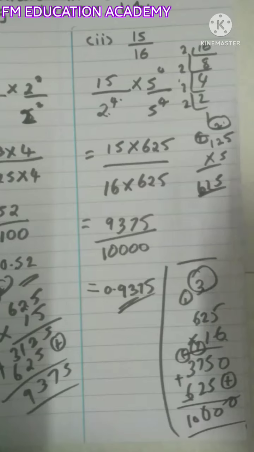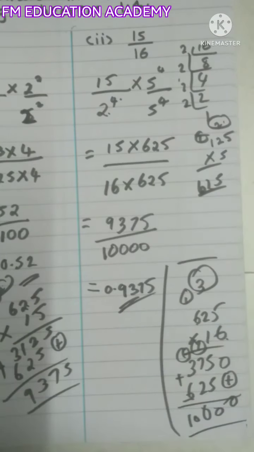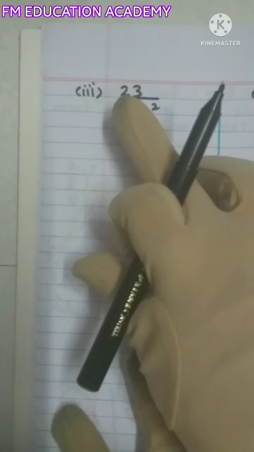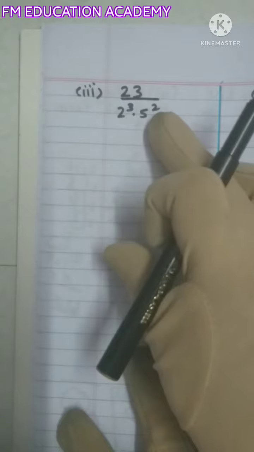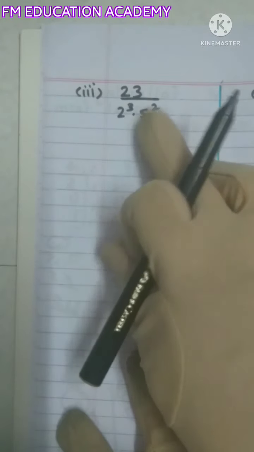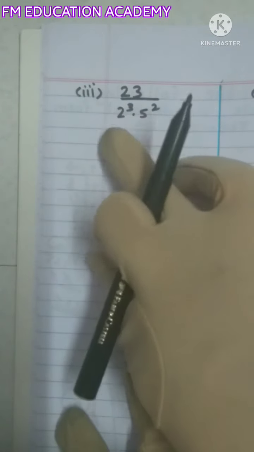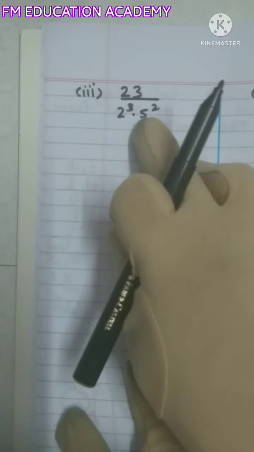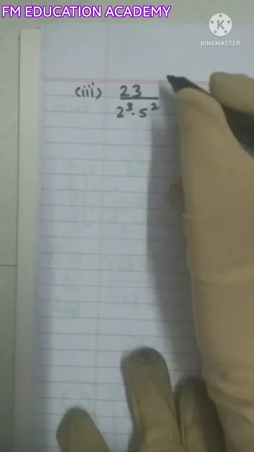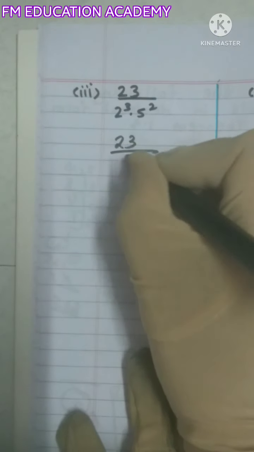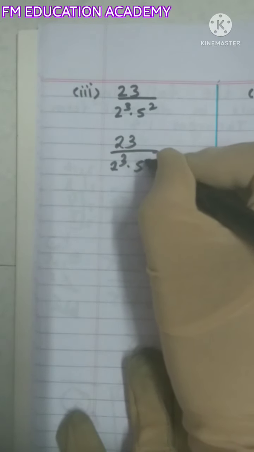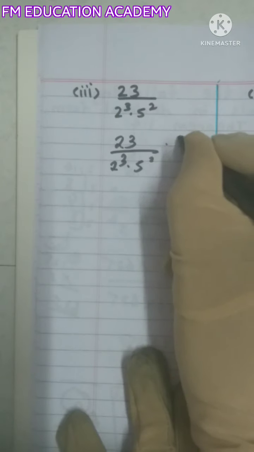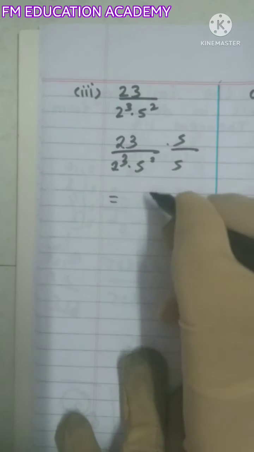फर्स्ट क्वेश्चन भी अलग था, सेकंड क्वेश्चन भी अलग है, थर्ड क्वेश्चन भी अलग है। ठीक है, केयरफुली अगर आप लोग को समझ में नहीं आ रहा तो पॉज करिए, स्लो करिए स्पीड और देखिए। अब है 23/2³ इंटू 5 स्क्वायर है। ठीक है, दोनों के पावर्स इक्वल है, 2³ और 5 स्क्वायर के नहीं है इक्वल, तो हम लोग को दोनों के पावर्स इक्वल बनाना है। यहाँ पर पावर है 3 और यहाँ पर पावर है 2, तो हम लोग किससे मल्टीप्लाई करेंगे, हम लोग मल्टीप्लाई करेंगे 5 से। ठीक है, इंटू 5/5, तो ये क्या बन जाता,